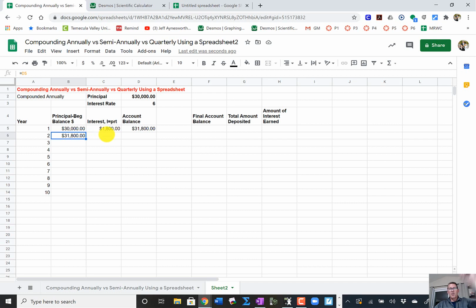Now, here's the beautiful part about spreadsheets. I've got a formula in this cell at B6. I've got a formula here at C5, and I've got a formula built in D5. All of these are formulas. Now, what's cool about the spreadsheet and about Excel and all of that,